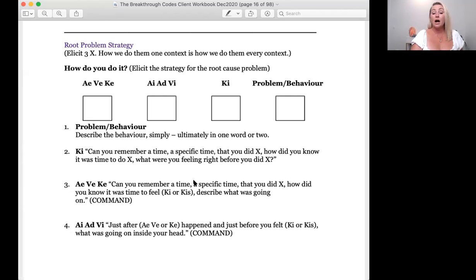can you remember a specific time when you did the problem? How did you know it was time to feel whatever the feelings were they described? Here it says command here. So describe what was going on. Command tone, authoritarian tone. The reason why we do that, and here, what was going on inside your head? Not, can you describe what was going on? No, not soft, not fluffy, but authoritarian. And the reason why is because